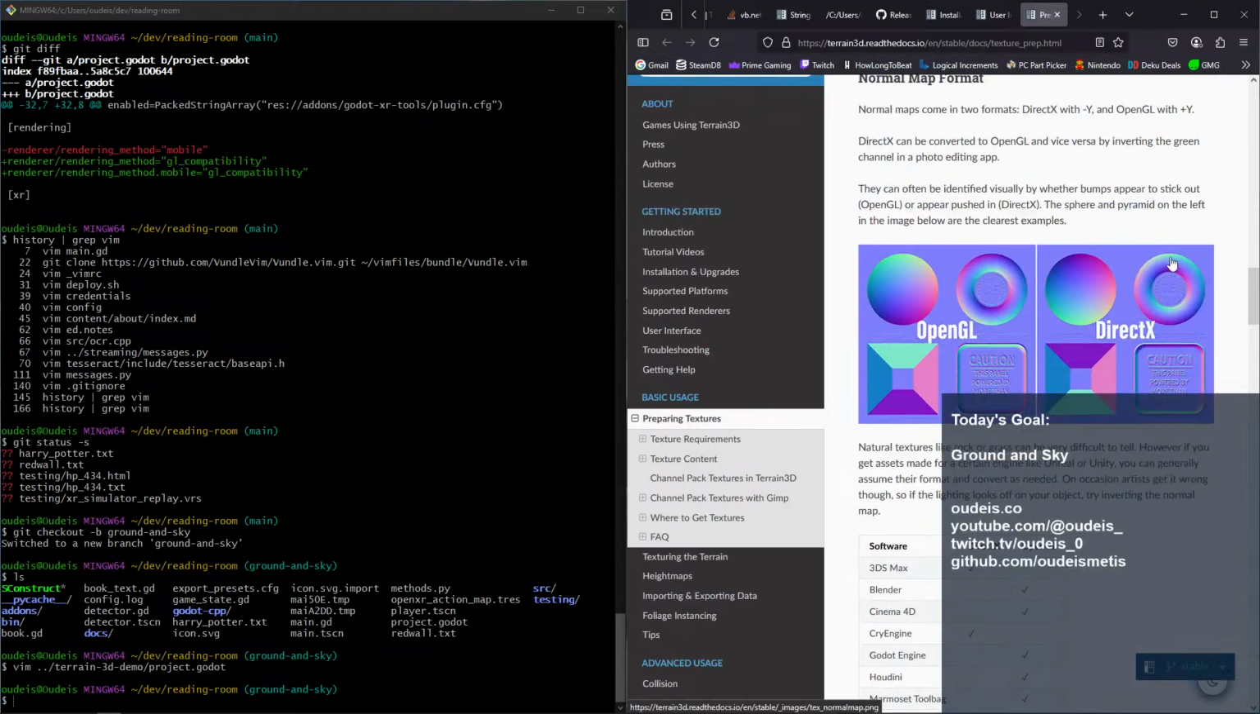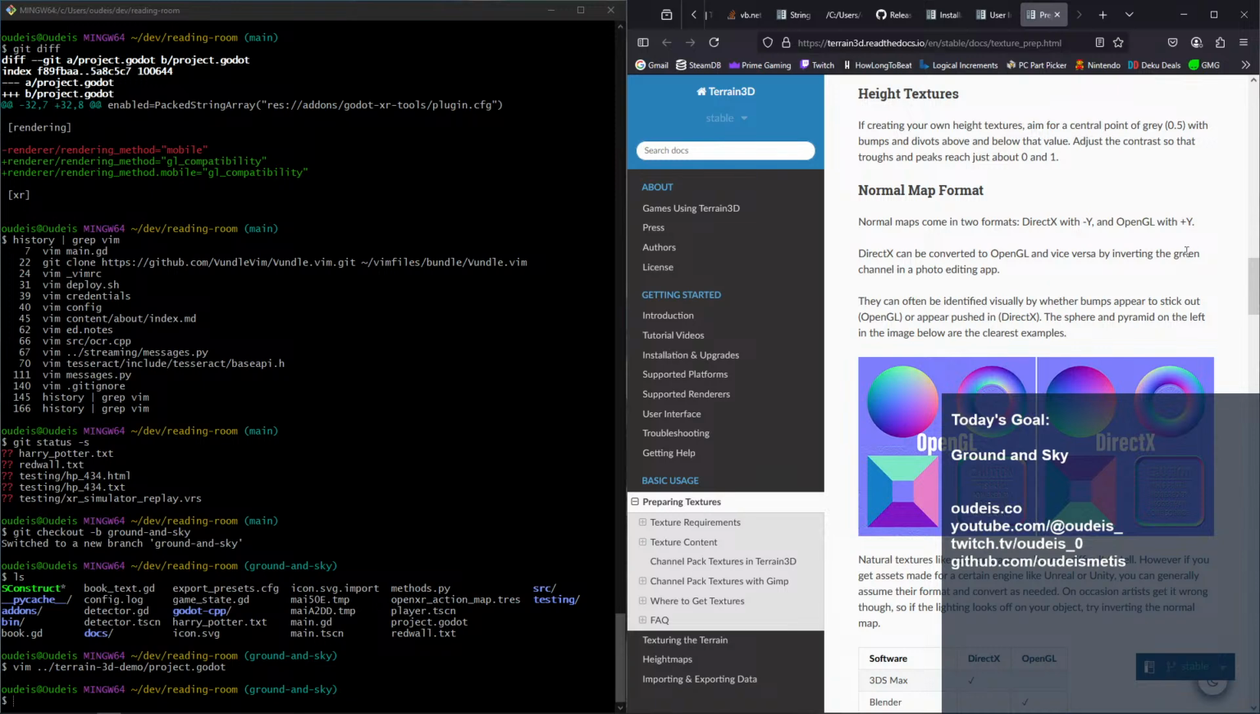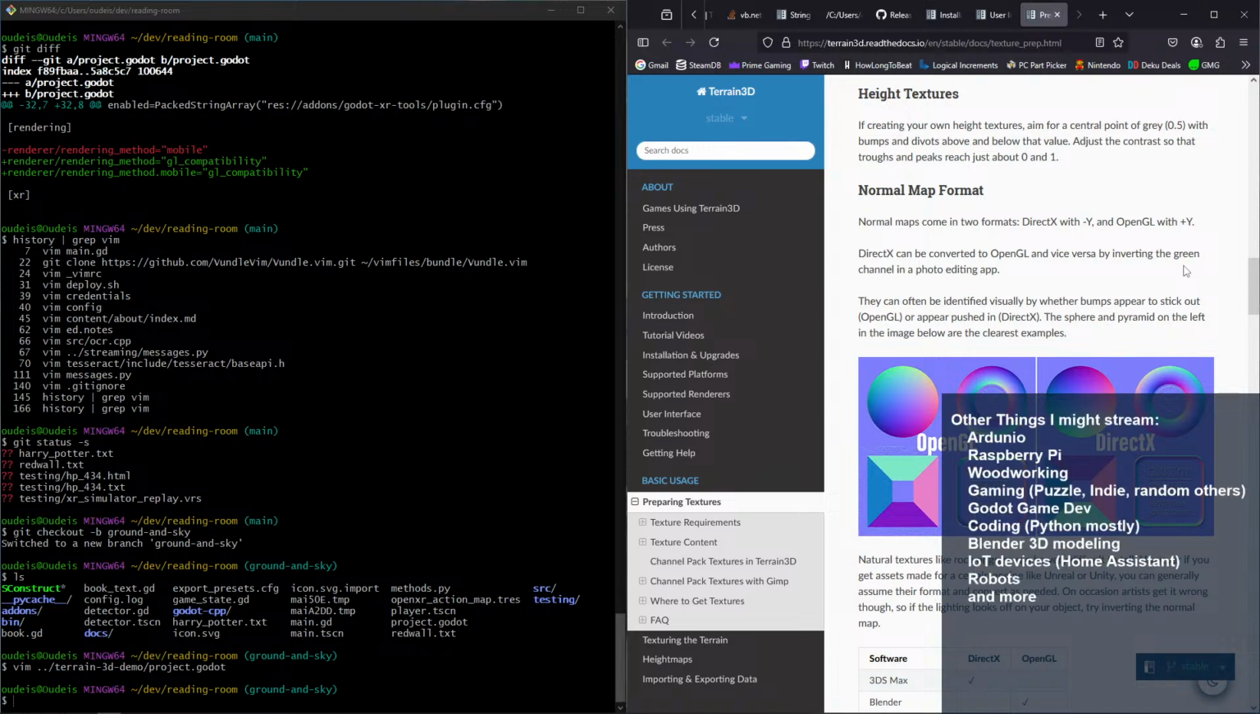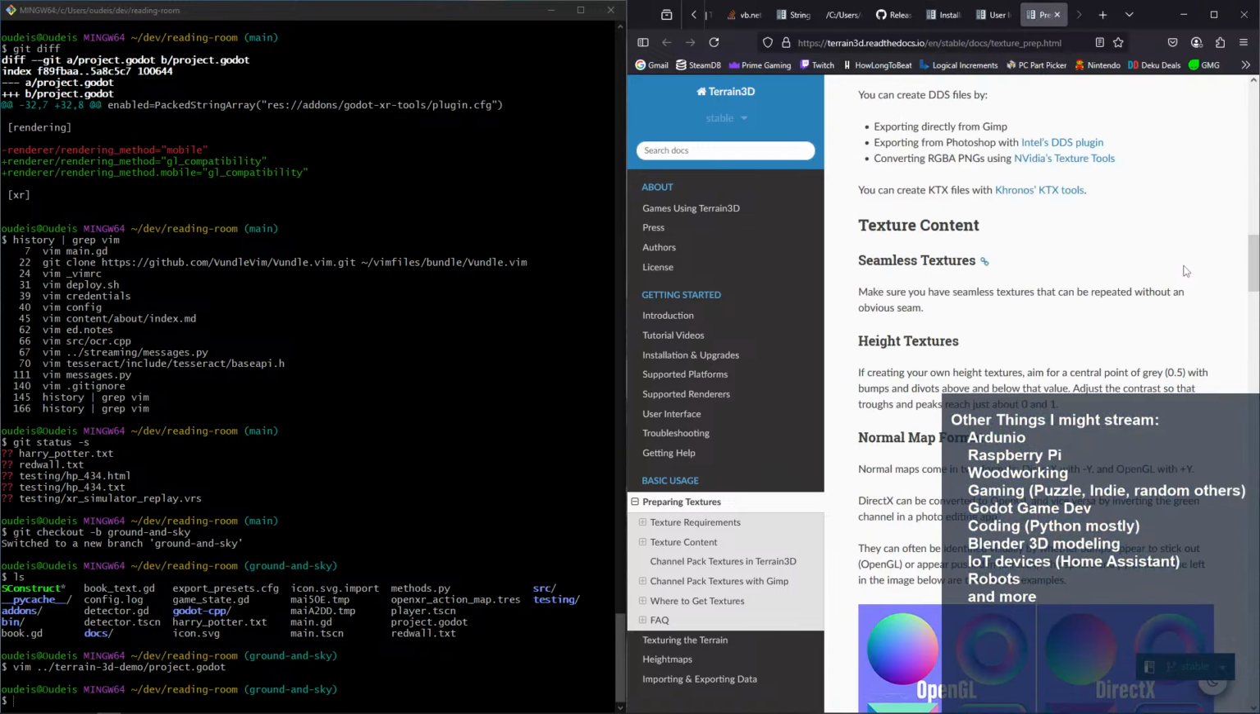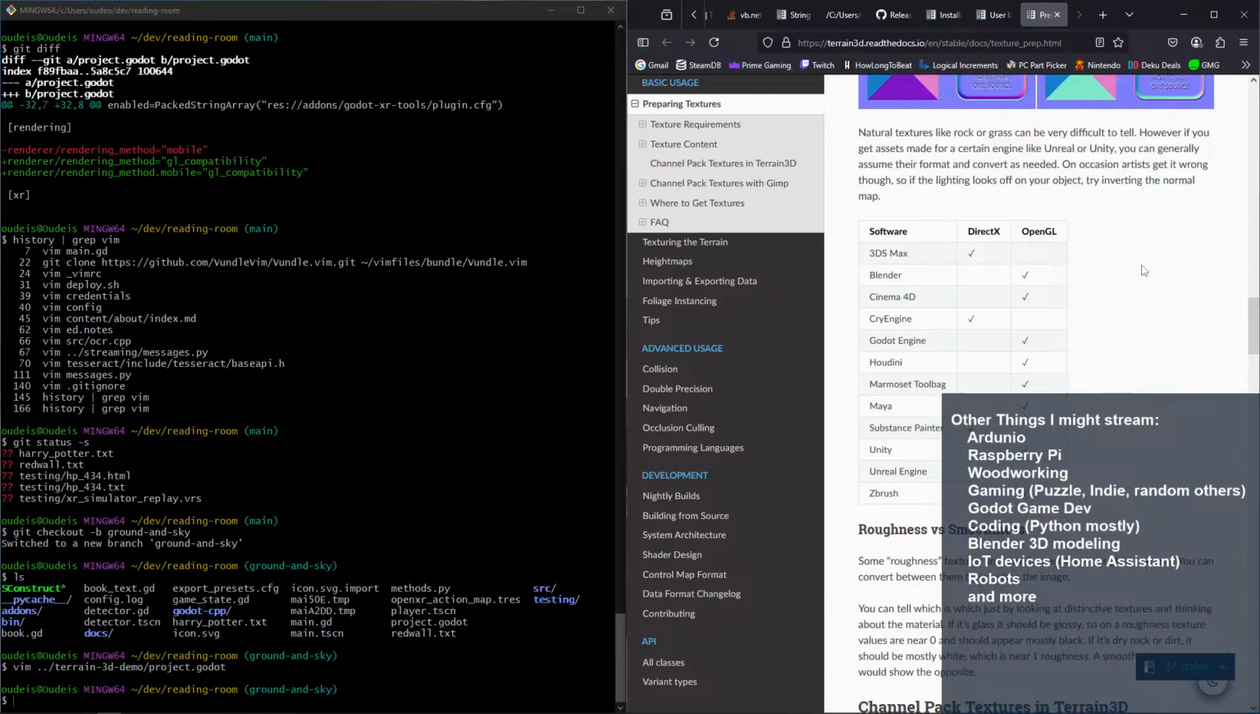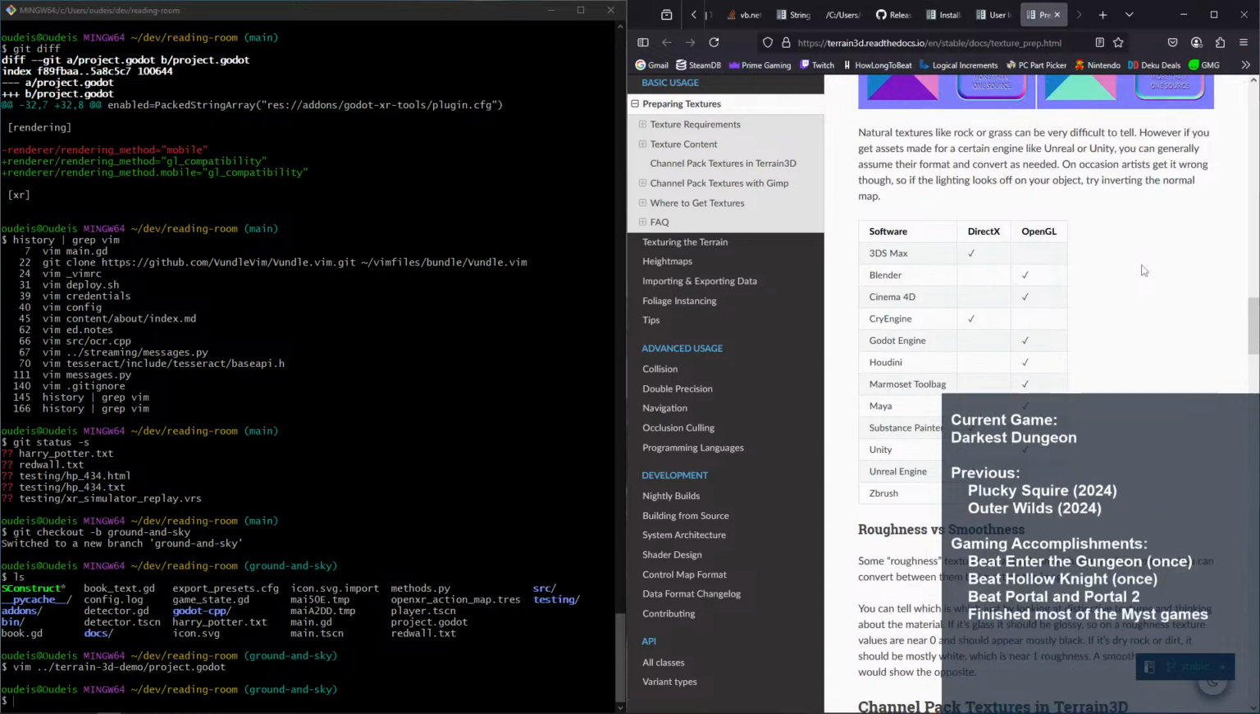But what do I want? Normal maps come in 2 formats. Inverting the green channel. They can often be identified visually by whether bumps appear to stick out. Okay, fine. Does it matter, or does it? Looks like most of them are OpenGL,